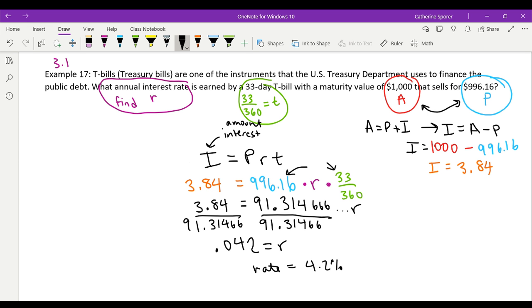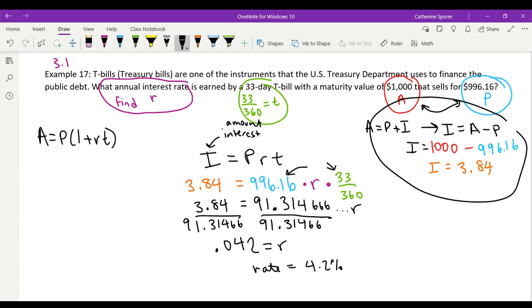Okay, so the other thing you can do is you can set up the equation A equals P(1 plus RT). So you can kind of cut out this step. I just think that equation's a little bit more complicated to solve. So this is what that equation setup would be. And you can definitely solve it this way. Okay, so you'd be solving this equation for R instead of first finding